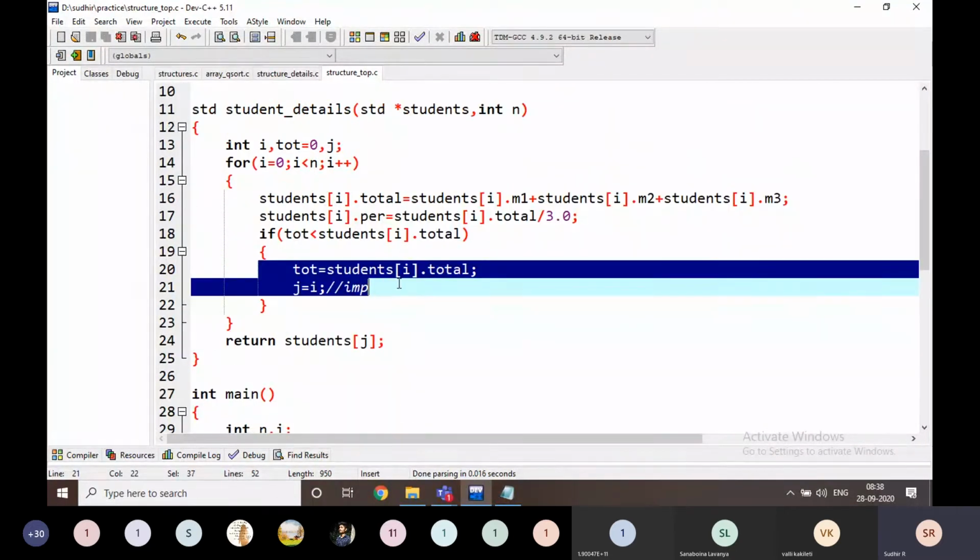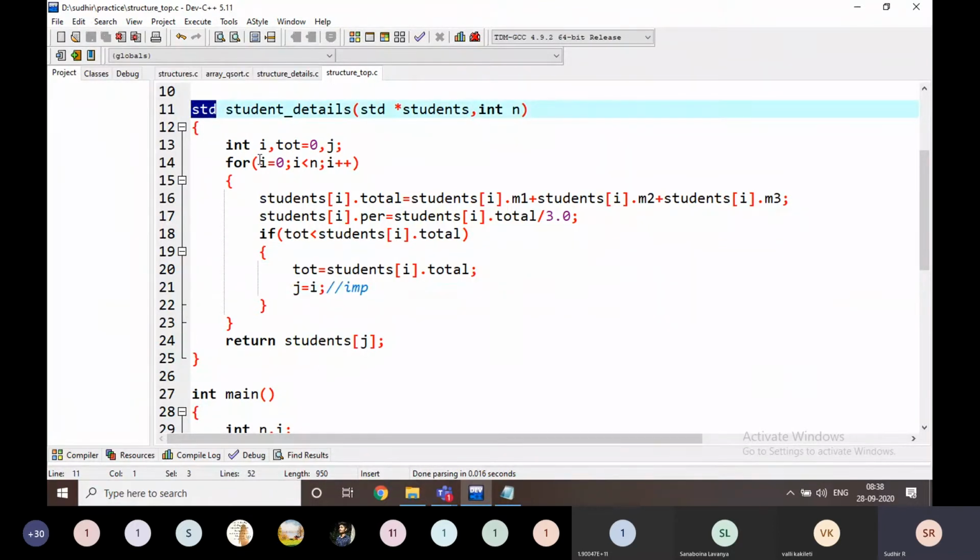The very simple difference from the last program: in the last program it is a void function, but here it is not void, here it is std. That means I am going to return structured data. That's why I am writing std here. Here also I have written students of j.